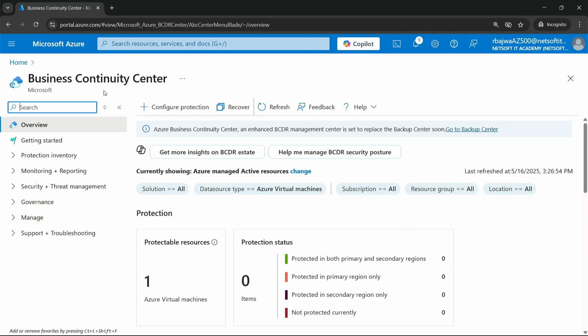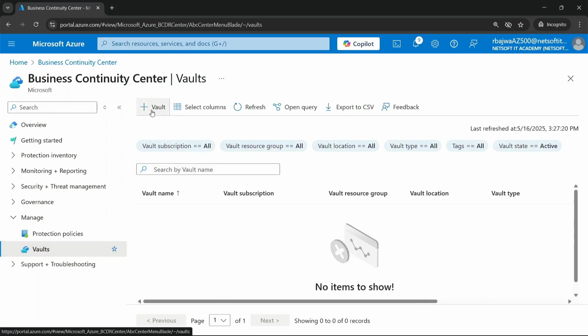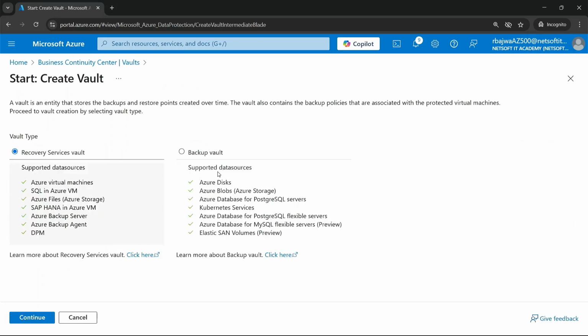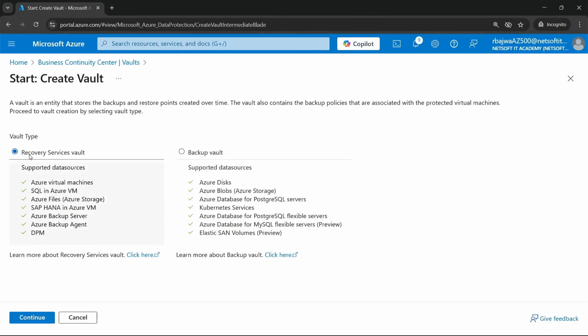So for a virtual machine, you're not talking about just a disk. You're talking about the whole virtual machine. You need to create a specific vault, which you will find under Manage. You click on Vaults. Then you create one. Now, these are your scenarios. What do you want? You want to backup disk, blob, then you can just create a backup vault. But we are looking for recovering a service, so recovery service vault for the entire virtual machine. So I'll select that, click continue,